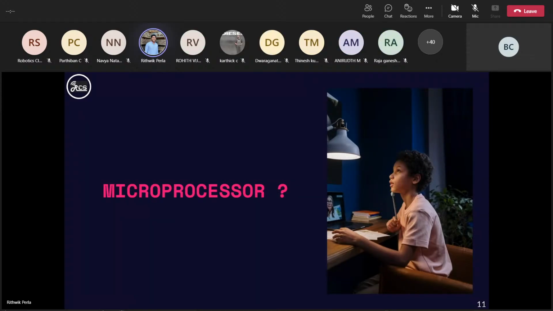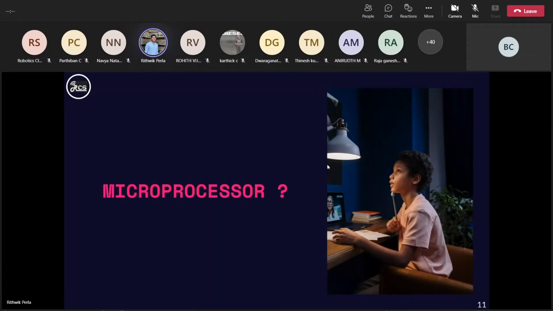So everyone has a question. Where are we using microprocessor? Where are we using microcontroller? And what exactly does a microprocessor do in your laptop or any gadgets, smartphones, anything? So basically, can you answer in just simple words? It doesn't matter on technical terms. Just what a microprocessor does. 3 simple steps, or just 1 step what it does.